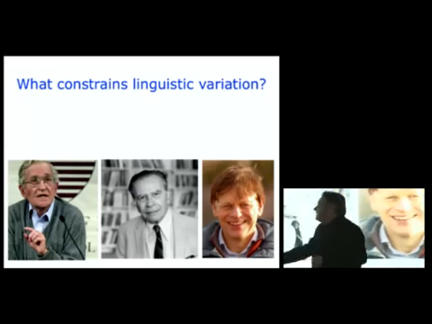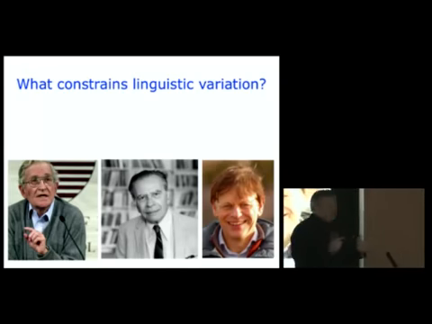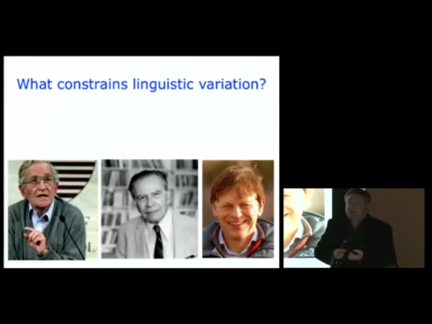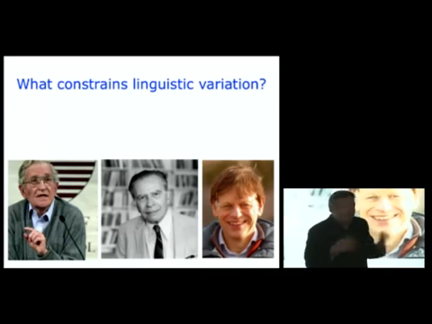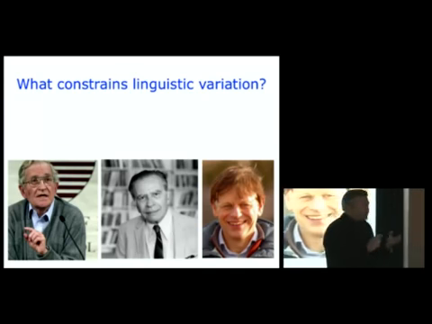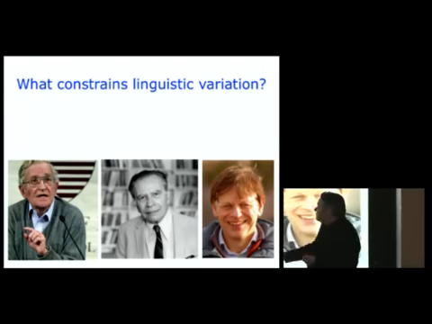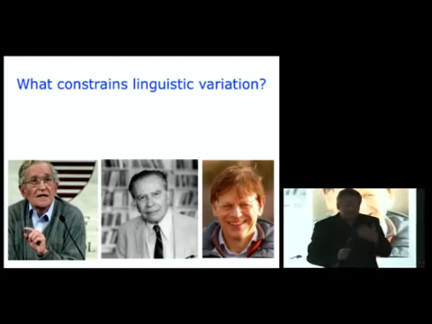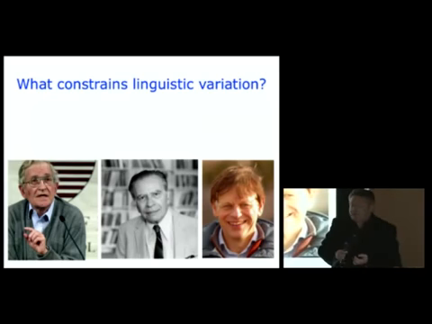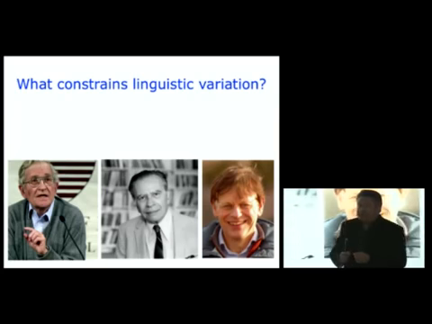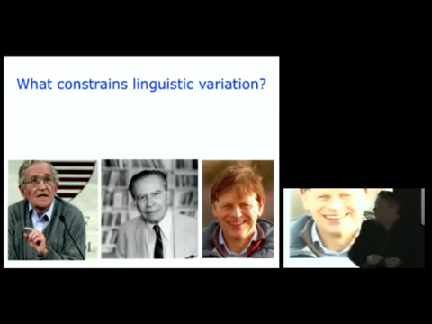Under one account, associated with Chomsky and the generative school of linguistics, there are strong constraints on language variation imposed by the innate structure of the human mind. Perhaps in a principles and parameters account, these are locked in a rigid way. Joseph Greenberg, in contrast, while emphasising constraint on language, and in particular constraints on linguistic typology, saw these as not as rigid as Chomsky, but rather more statistical generalities. And my third